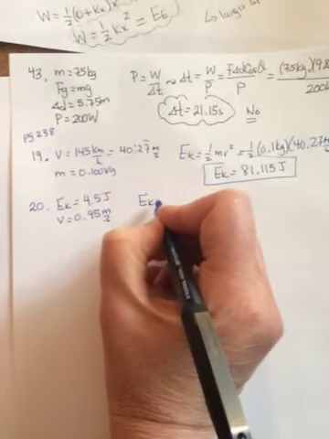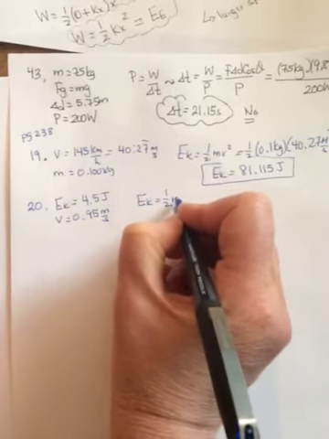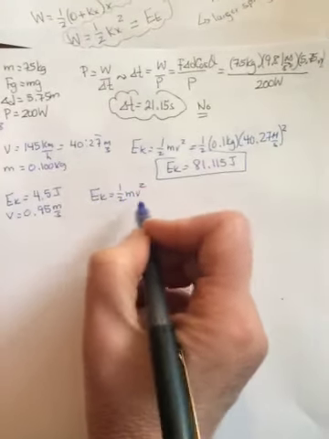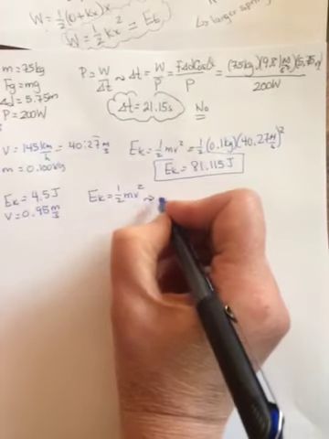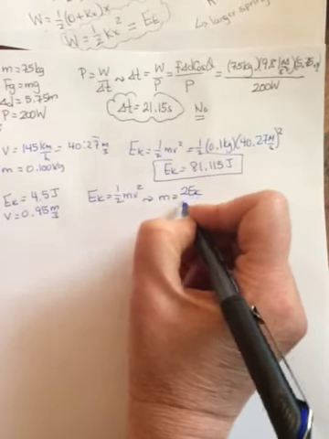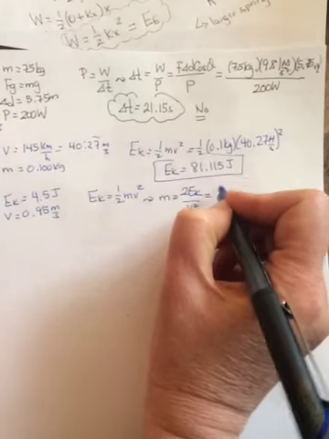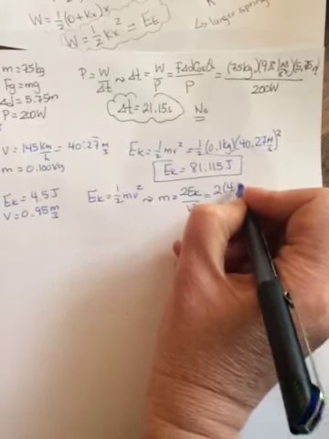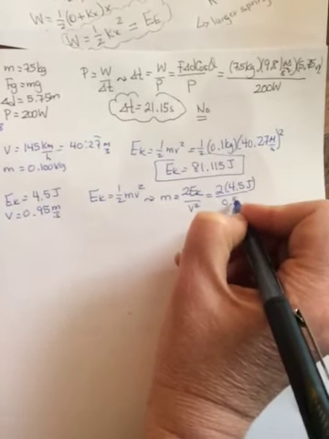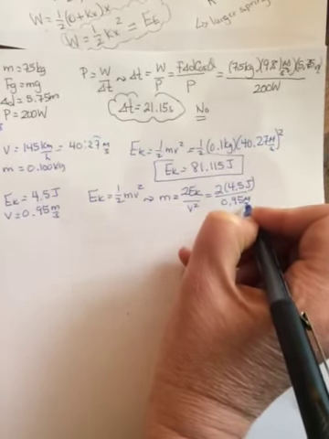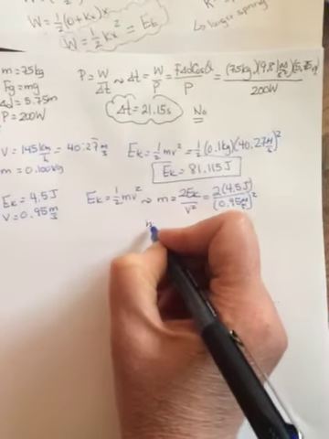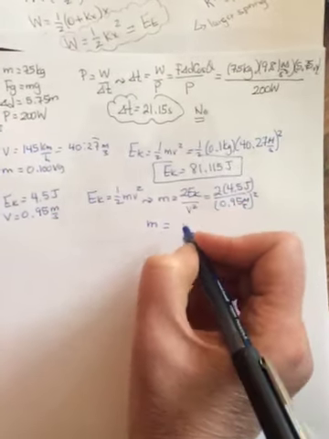So again, EK is equal to 1/2 mv squared. You need to rearrange, so multiply both sides by 2 and divide by v squared. So m will equal 2 EK over v squared. So 2 times 4.5, that should be about 9, divided by 0.95 meters per second, and that gets squared. And you should end up with an m of